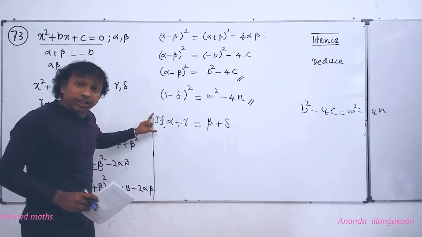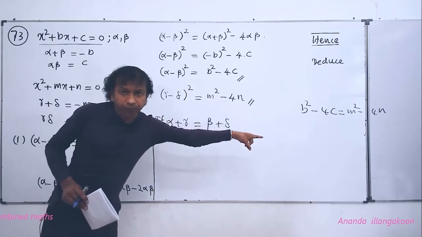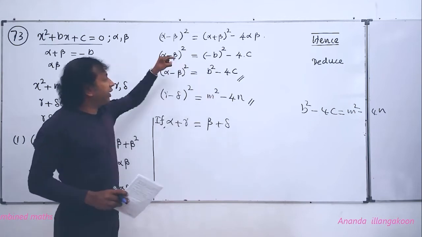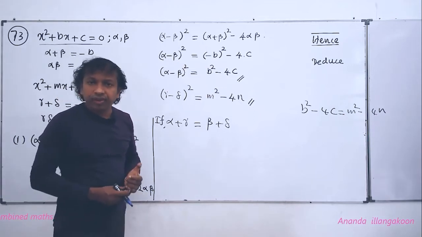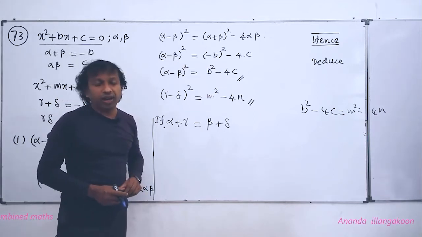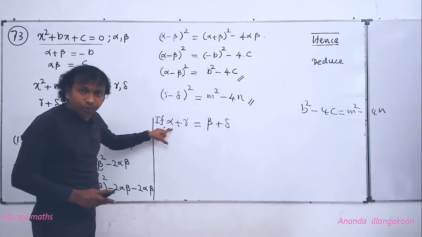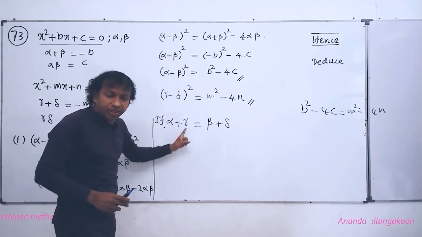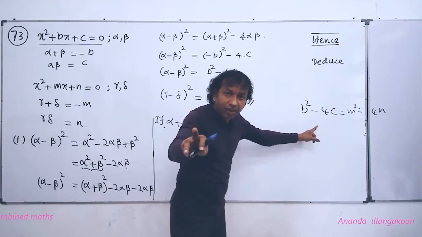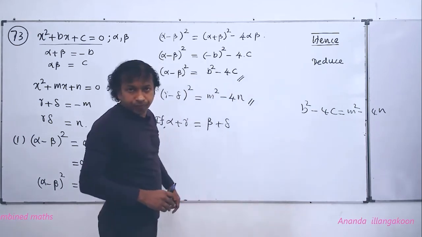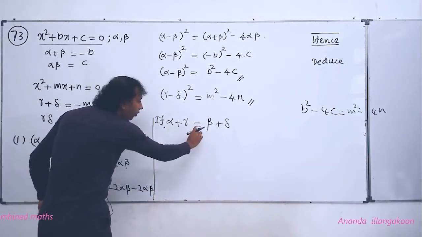Now here, deduce means something is given, something is to be proved. The proof should be done with the help of the previous results. Then see people how to prove. We have to start from here. There's a condition given for this proof, and we have to prove this. But since the word deduce is there, for that proof you have to use the previous results. Now let's see. Since this is given, alpha plus gamma equals beta plus delta,